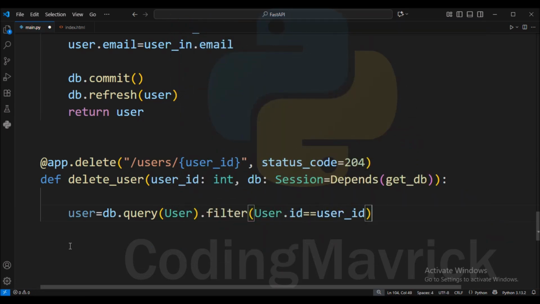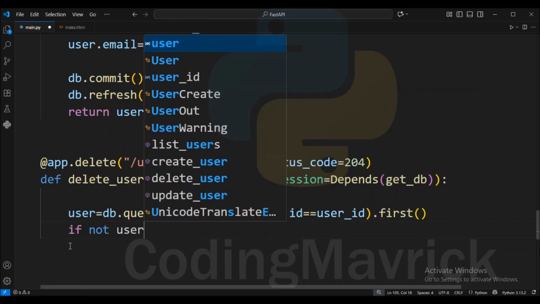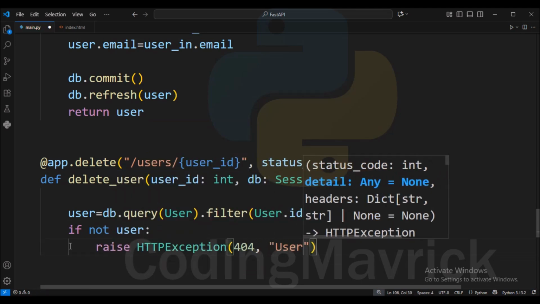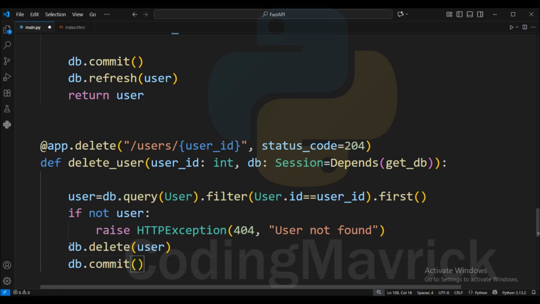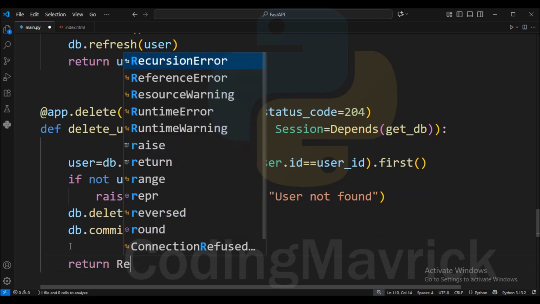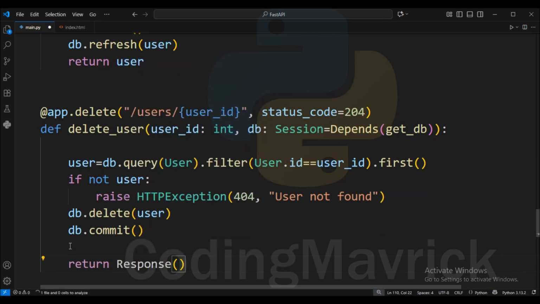If the user is not found, raise the 404 error. Otherwise, mark the ORM instance for deletion using db.delete(user). After that, commit the transaction to perform the deletion in the database. At the end, return a 204 response with no body using FastAPI's Response.